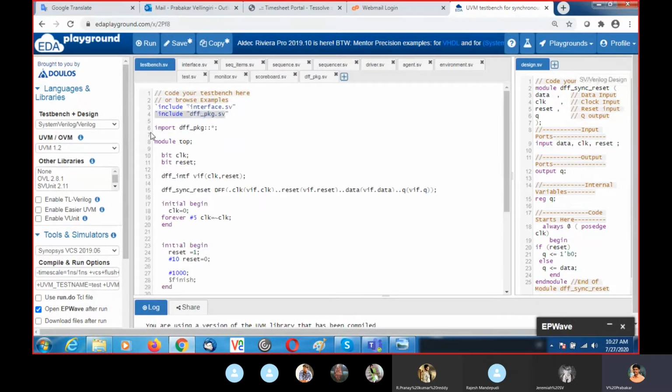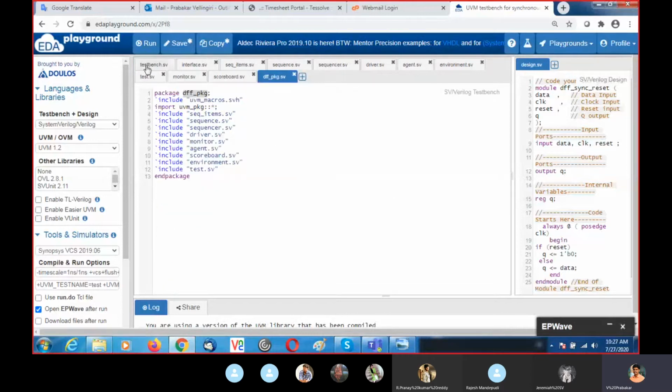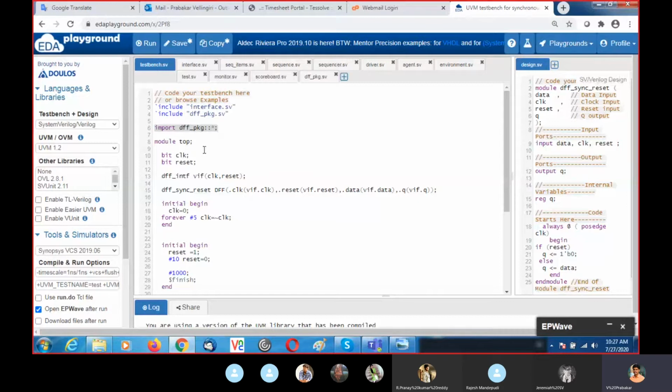I import everything here by using the import keyword. Star indicates everything within this package is imported here. Instead of mentioning them here, I wrote them in a separate package and used it here.